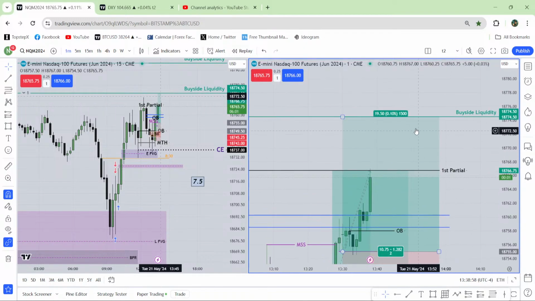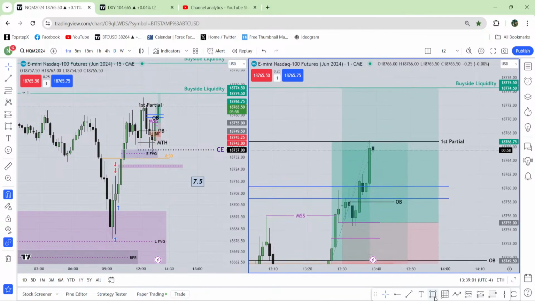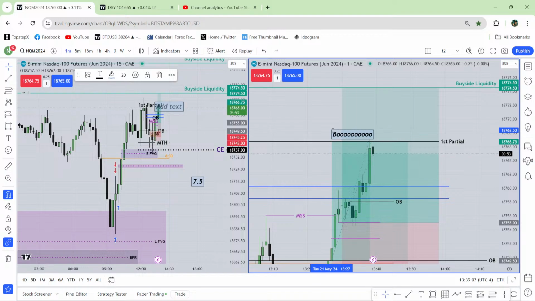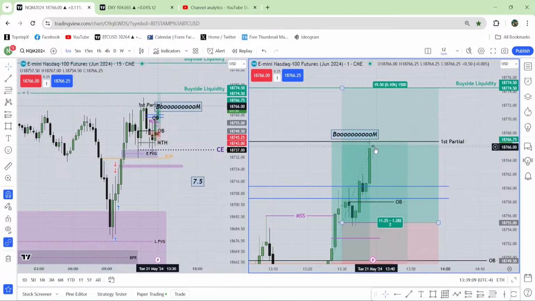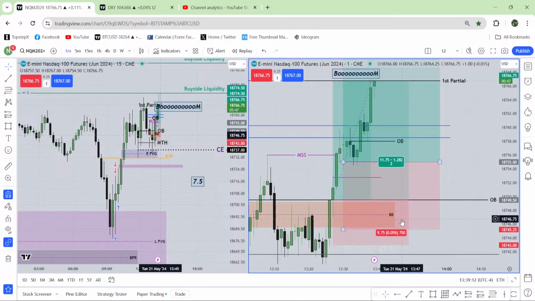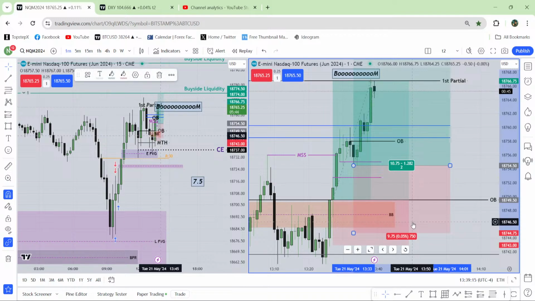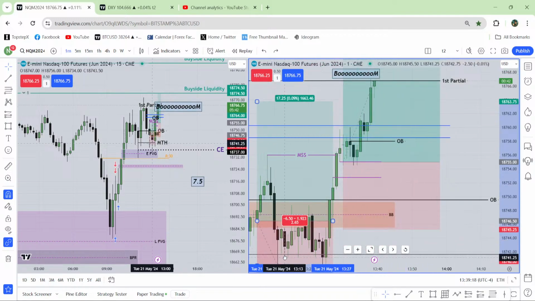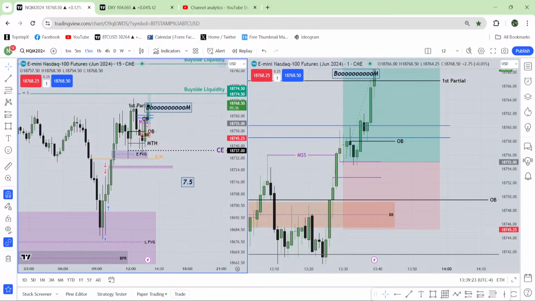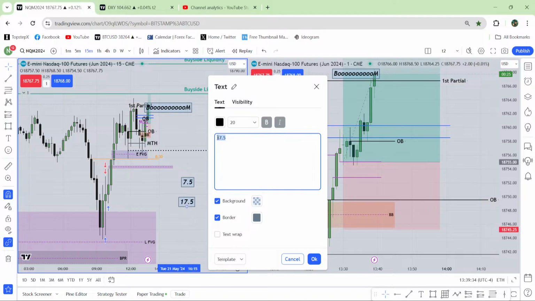Now whether the market is going to take that one right now or not, I don't know, because we are going to see the macro, so it can spend some more time. Now I would love to put this one, sorry, not that one, control Z, this one. So 17 handles would be my profit. Here I have a loss of 7 handles and I have a profit of 17.5 handles. So keep that in your mind. I would love to see how much loss I can take and how much profit I can make.